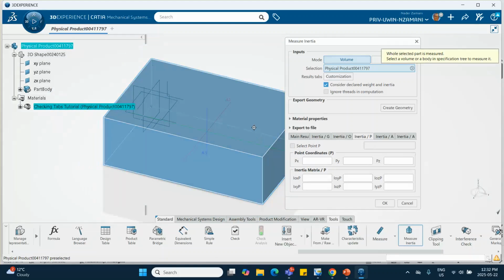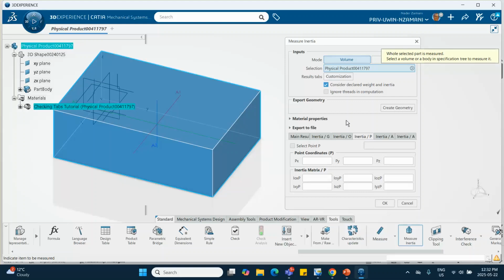Okay, so what I can do is select a different corner, maybe this corner, or I can create a point and select that point. Now, I don't want to create a point, but if you select that, it means take the XYZ, put it at that location, and use it to calculate these things. So if I select this,